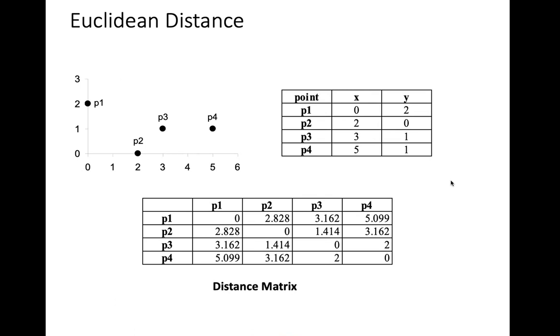One can compute the distances and come up with a distance matrix. These distance matrices are very useful when we want to do nearest neighbor classification. Nearest neighbor classification is a very intuitive approach, and almost everyone can easily understand it. For the classification, we find this table and look at the smallest entry in it. The smallest entry is between P3 and P2, a distance of 1.414. As you can see in this figure, P3 and P2 are very close by, compared to P4, which is a bit distant, and P1, which is still more distant.